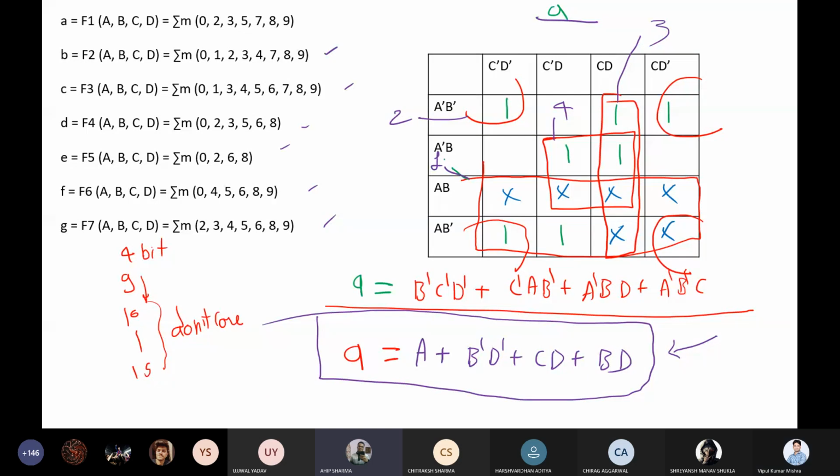Sir, just explain once, how do you add the don't cares? I didn't get that. Okay, so in the BCD system, we have 0 to 9. Do we have 1 0 1 0, that is 10 in BCD? No, we do not have any output for this. Similarly, 1 0 1 1, that is 11. Again, we do not have any output for this. So once these numbers never occur in the BCD system, these sets of inputs act as don't cares. So sir, there will always be don't cares in 10 to 15 in case of BCD.